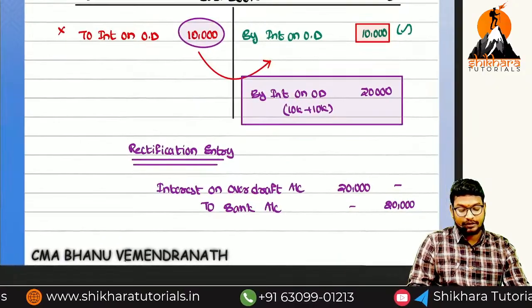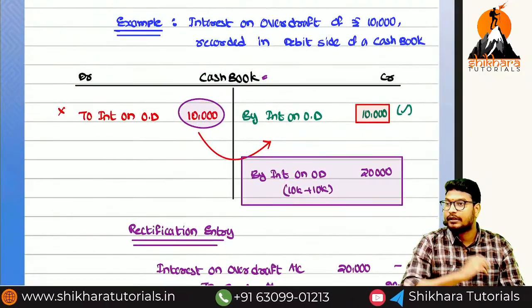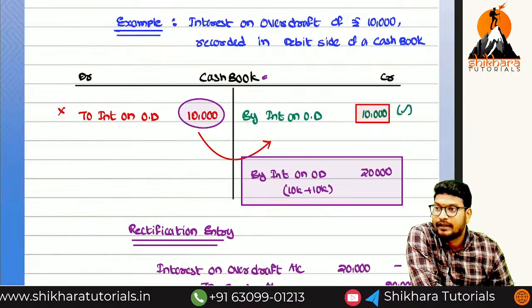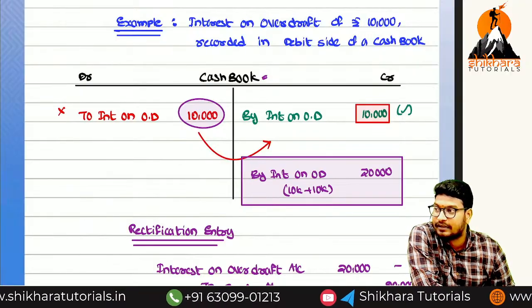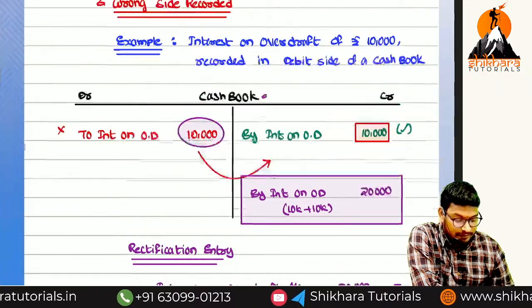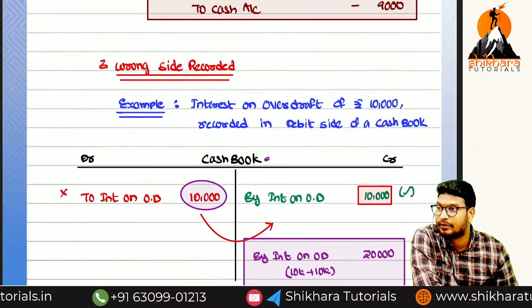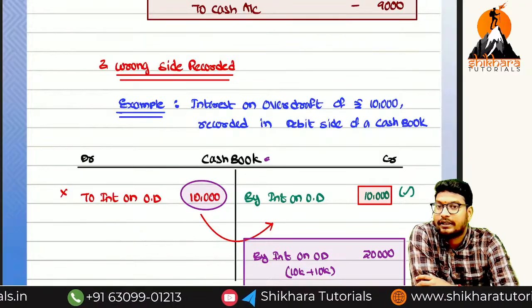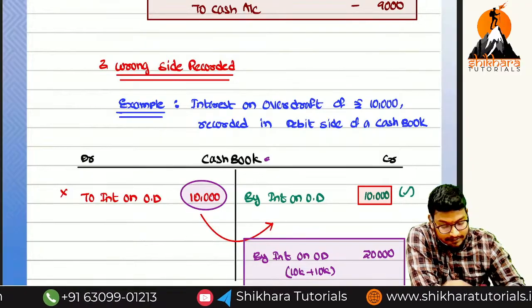Wrong book recorded we have completed, and then wrong amount recorded but same side. And the next one, same side or opposite side? Opposite side we have recorded. So we have discussed this: wrong side recorded, wrong amount recorded and wrong book recorded. Next one,